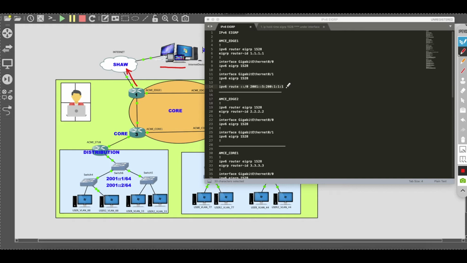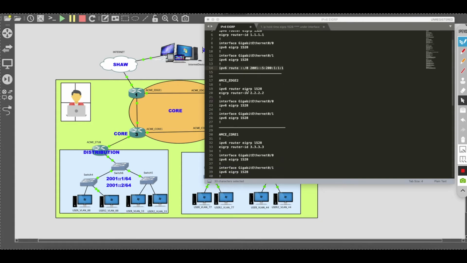Now, to accommodate that under the IP version 6 address family, we use this particular command here. This is how you would write a default route with its next hop in IP version 6. Now you can see how this process